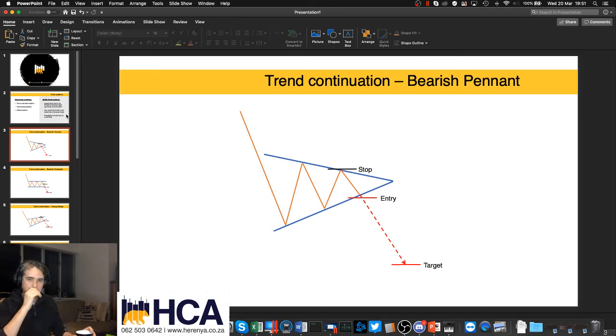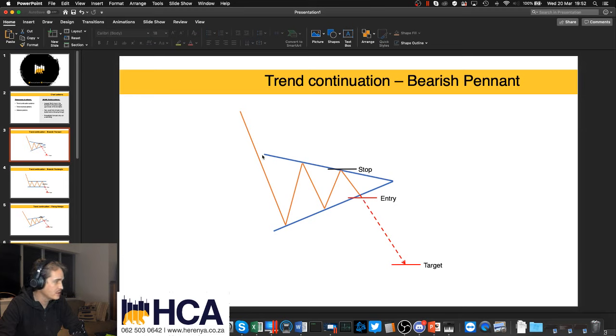Right, so trend continuation patterns. The first one is a bearish pennant. Okay, so what we can see here, sorry, the screen of the camera is there, and the screen I'm looking at is there. So if I don't look at you, it's not personal. You're all beautiful. In any case, the trend continuation pattern is a bearish pennant. So we have a move down, and it forms this sort of symmetrical triangle situation with the price bouncing between two levels. Okay, when we break out the bottom of this,